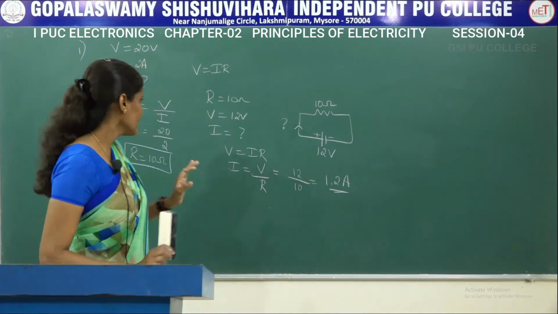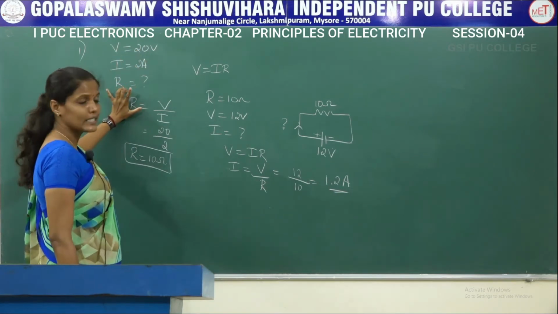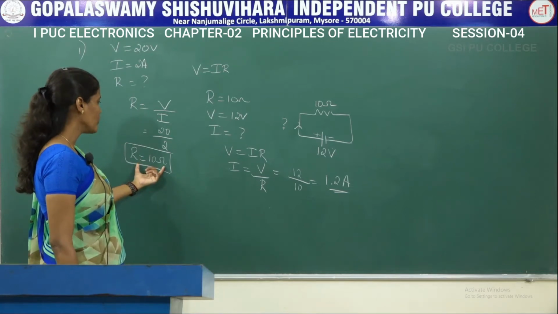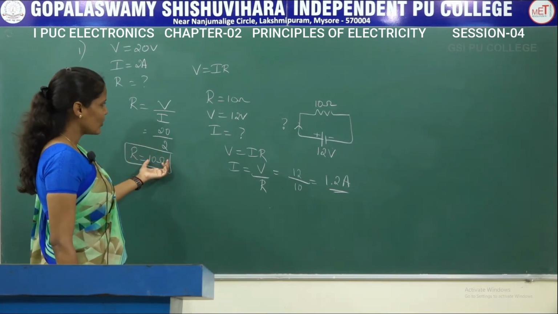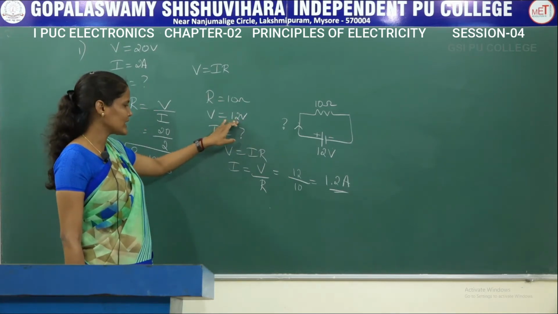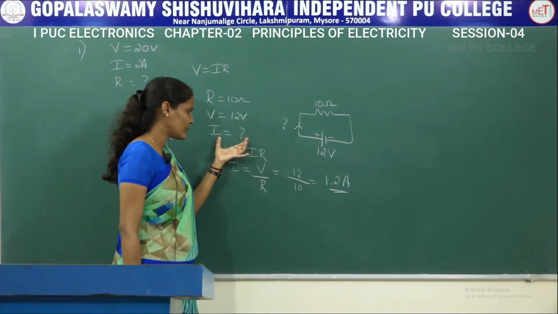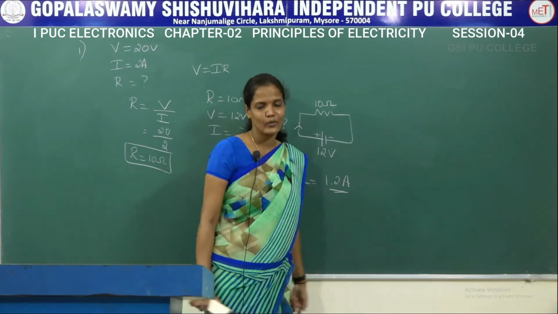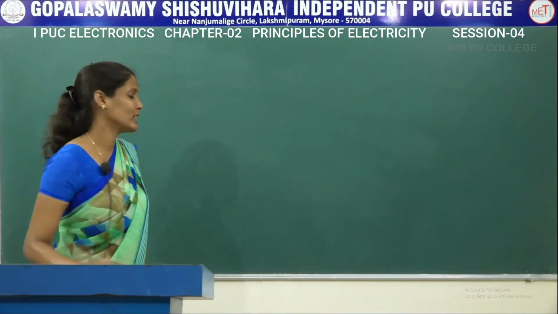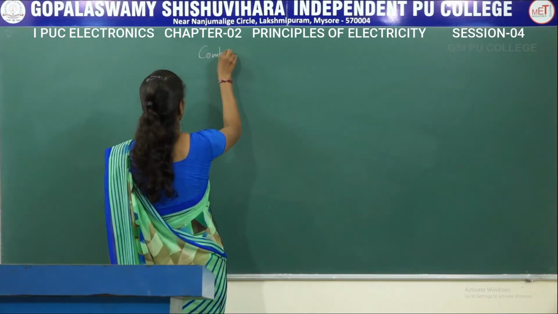So here in this problem we had two parts. In the first part, resistance value was asked. So R value was 10 ohms. For this same 10 ohms, they have now changed the V. So with V equal to 12 volts and R equal to 10 ohms, we have to find out the value of I, which came out as 1.2 amps. Clear? Now we'll move on to the next topic of this particular chapter, what is called as combination of resistors.